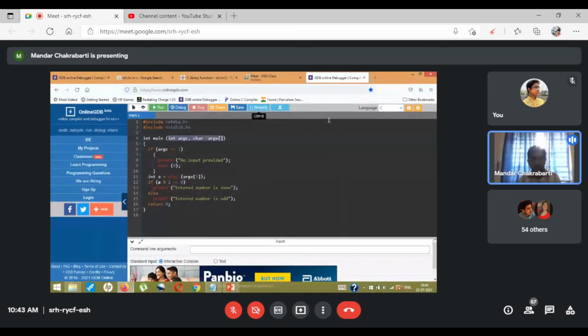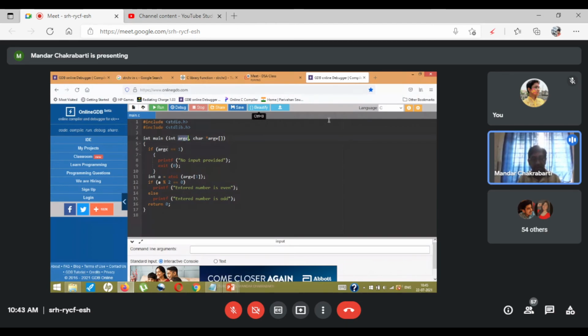One is the argument counter and the other is the argument value. One thing I believe I told you guys last day is that ARGC and ARGV, these two names are like keywords, and we cannot use any other names. That is not true. I verified this yesterday. So I can give any name that I want over here.